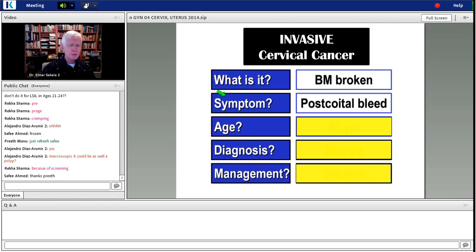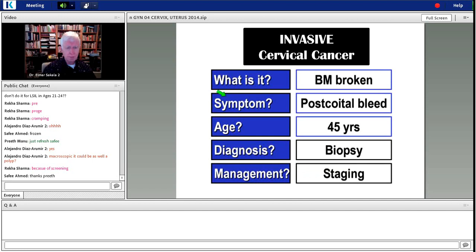The most common symptom is postcoital bleeding, bleeding after intercourse, and that was the case that we just went over. The average age is 45 years. The diagnosis I just mentioned is with a biopsy. You've got to do a biopsy anytime to make a diagnosis. And then once you have the diagnosis, invasive cancer because the basement membrane is broken, then you need to do